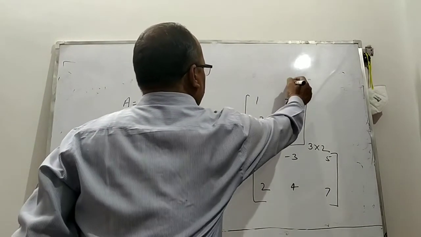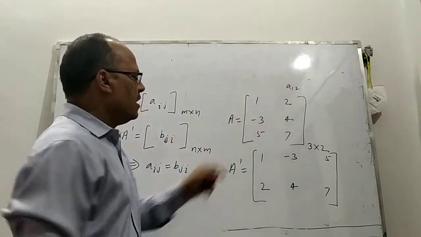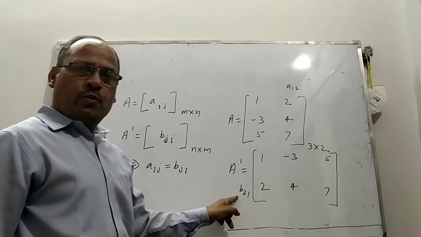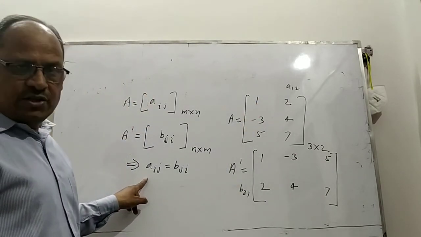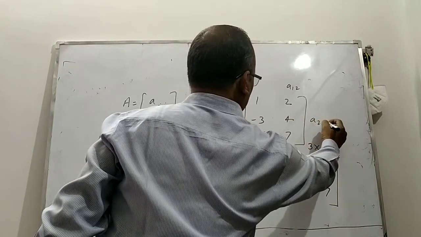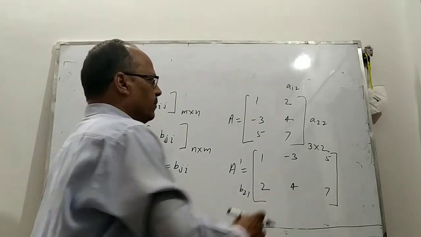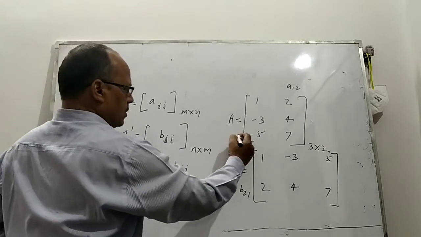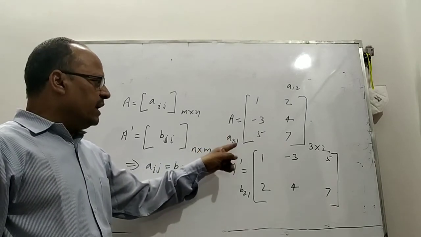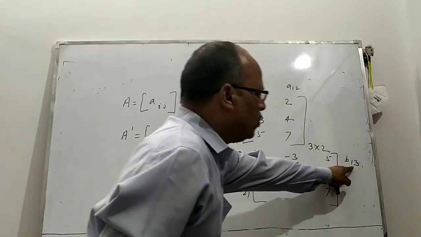Here see, it is the element of the first row and second column, and this is the element of the second row and first column. Both will change with each other. B21, so A12 equal to B21, which we wrote here. Is it clear? Yes. Now see the element here, which one is this? Second row second column, A22, so it will equal B22. Now this will be the element of the third row first column, then it will be equal to B13. A31 equal to B13.